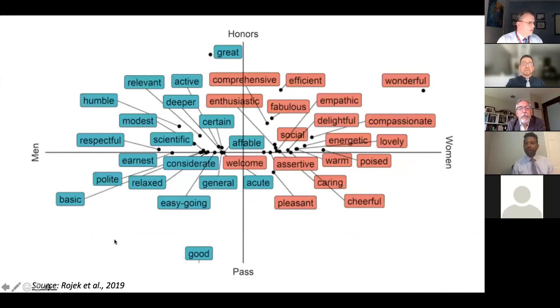I'd now like to turn over to John, who will discuss in more detail some of the studies that have shown these differences. Yeah, so I want to point out that Dowin was a member of the team that did an assessment of MSPEs, the Dean's Letters at Yale. So you might want to pick his brain about that study. But I want us to take a look particularly at the study by Rojek and others.